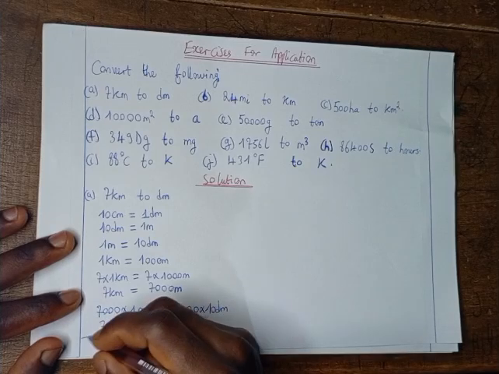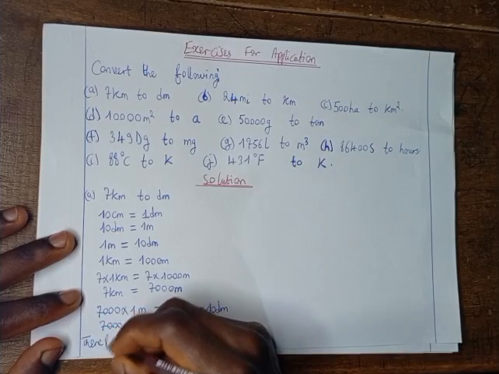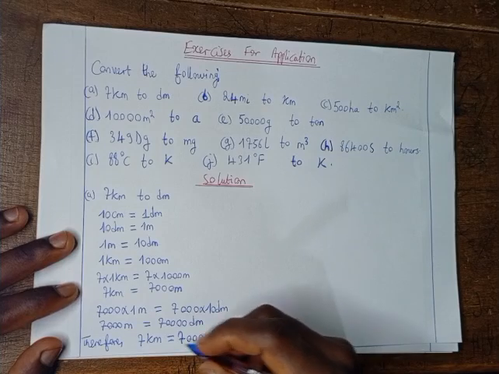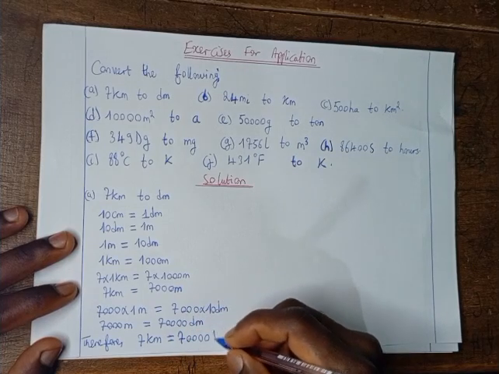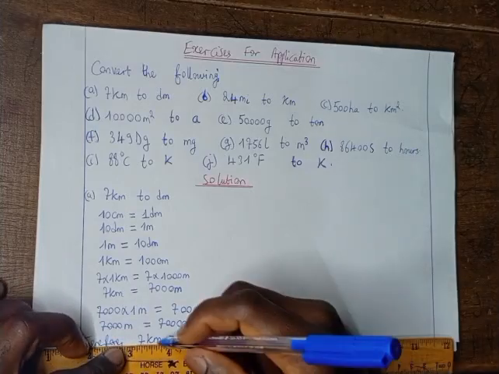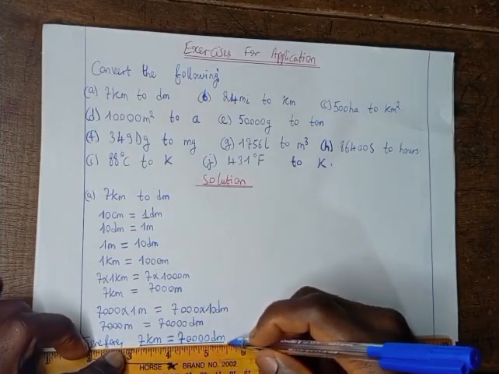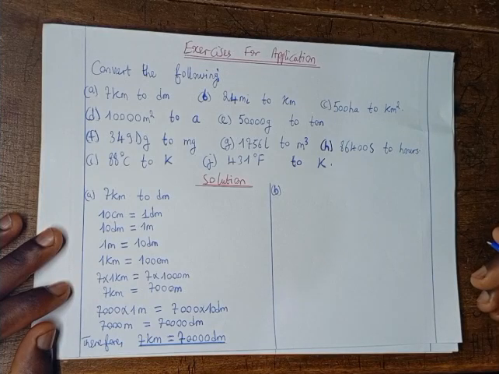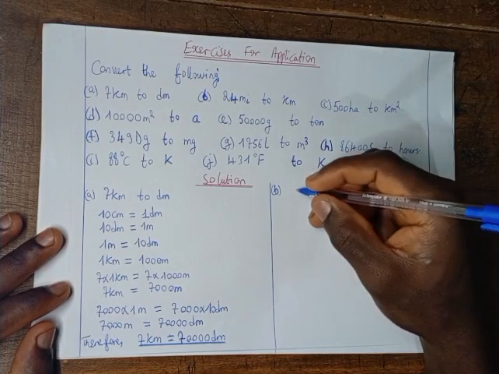So you're going to conclude, therefore, 7 kilometers is equal to 70,000 decimeters. You underline the answer. For B, we have to convert 24 miles to